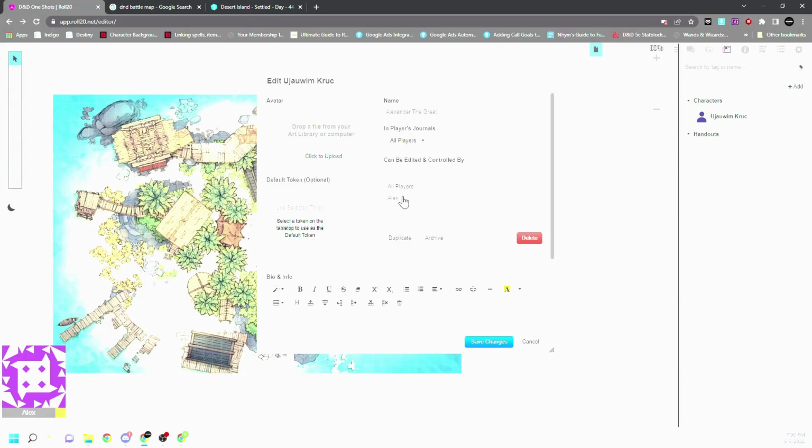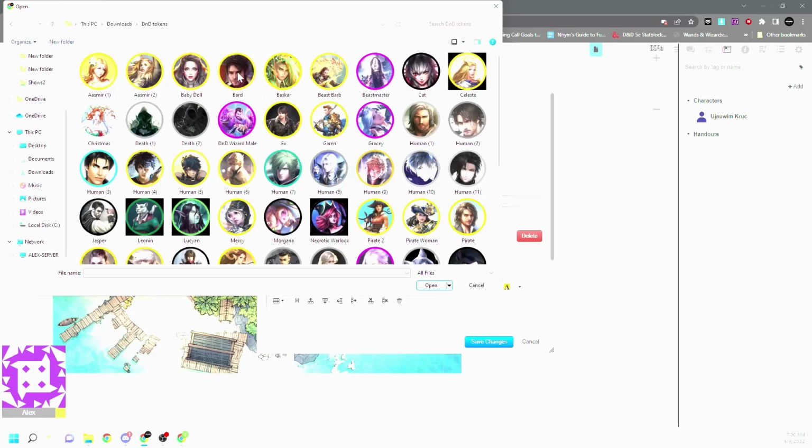As they join your Roll20, they will show up here. However, for the most part, unless vision is a big deal, just do all players, and then you would upload their token, which I already have some offhand, but I will show you how to make those as well. So let's just say this is our Alexander the Great